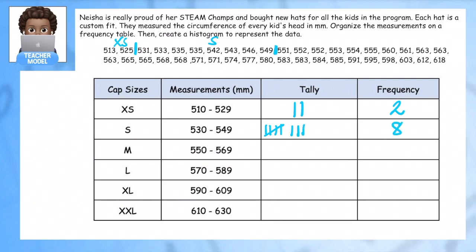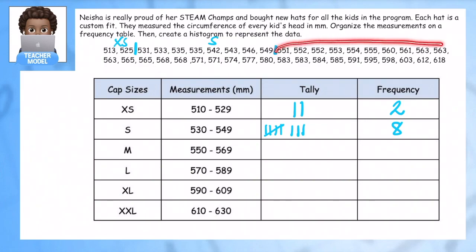You can make tallies, or you can just write the number, whichever one. Like I know some kids, if two of you are working together, one of you can read the numbers and one can make the tallies. And I'll just double check by counting again. 1, 2, 3, 4, 5, 6, 7, and 8. Yep. So now I'm going to go from 550 to